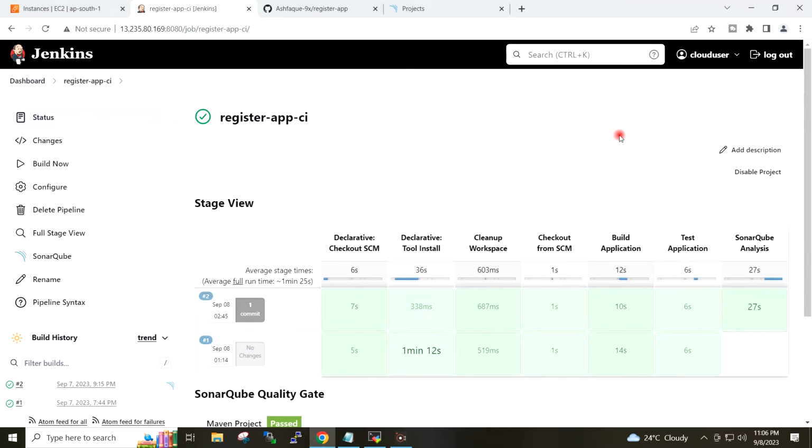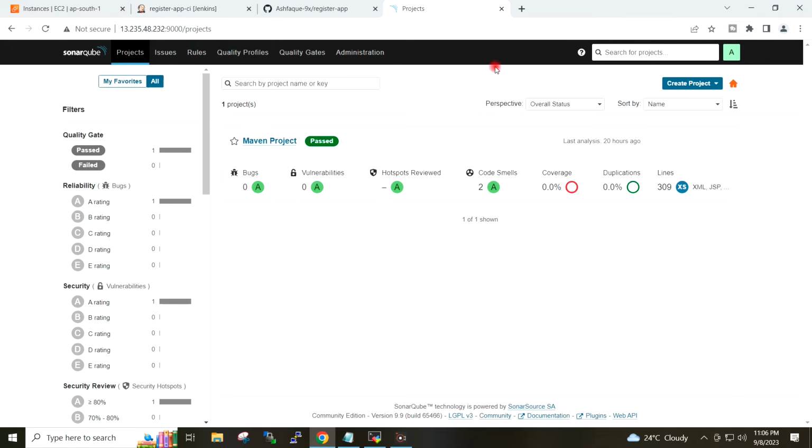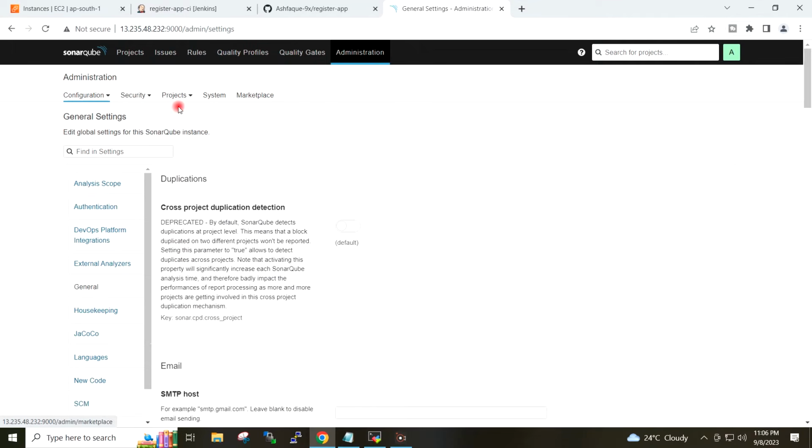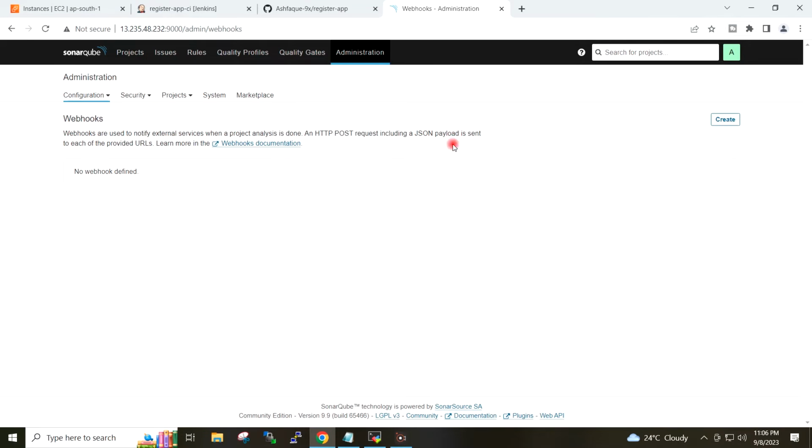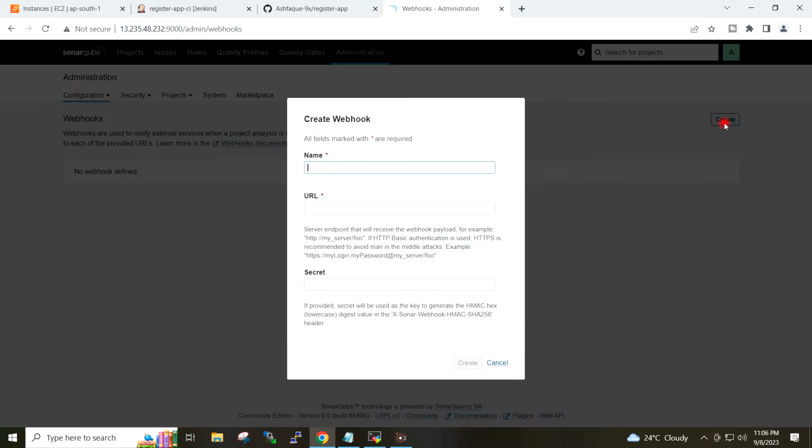I need to now create the SonarQube webhook. Without this webhook, your pipeline will fail. So on the SonarQube dashboard, I will go to administration, and under the configuration I will go to drop down and I will select webhooks. So as of now there is no webhook on my SonarQube dashboard. I will click here on create.